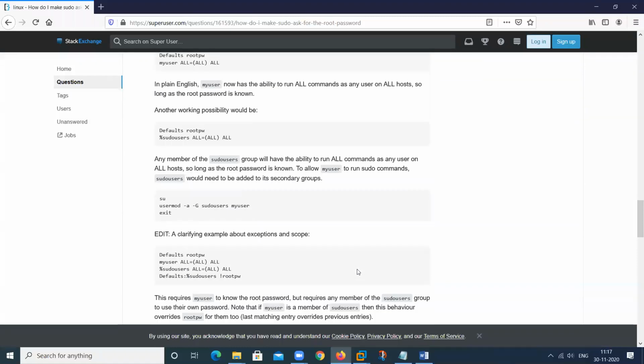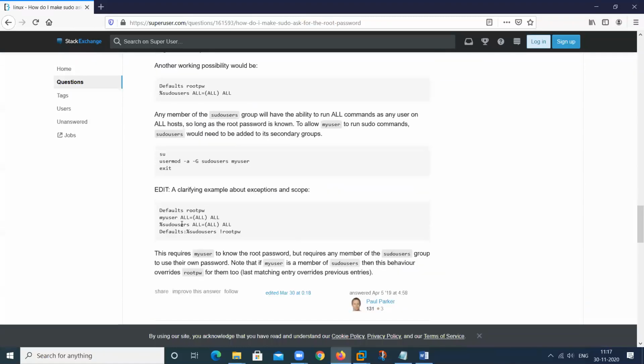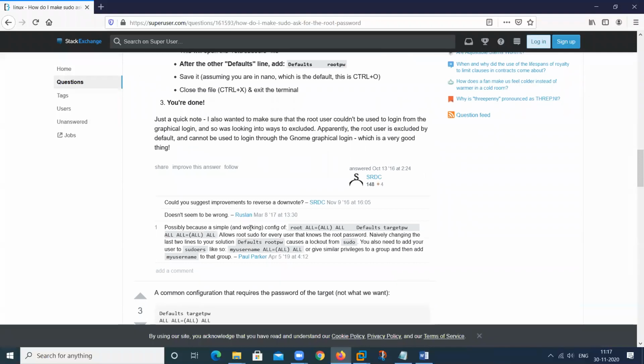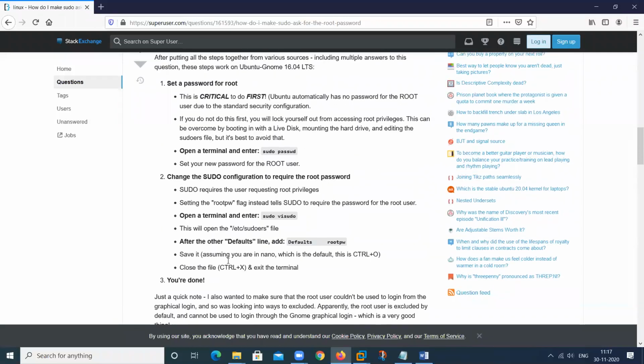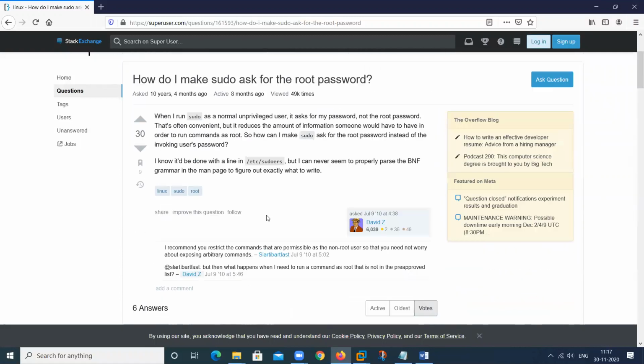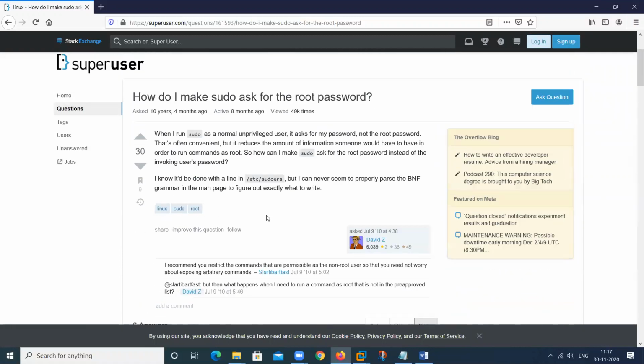No, no. It is not. You should give the entry only one time. Okay, one time, not again and again. In any particular file, you should give the entry only one time.